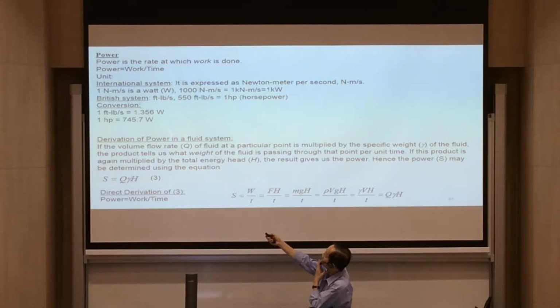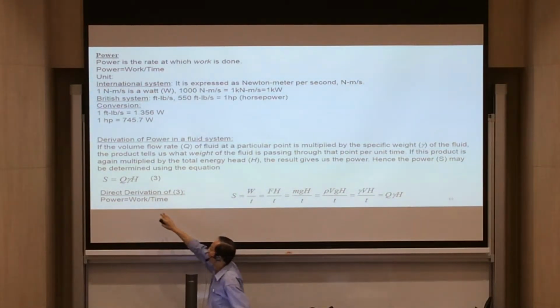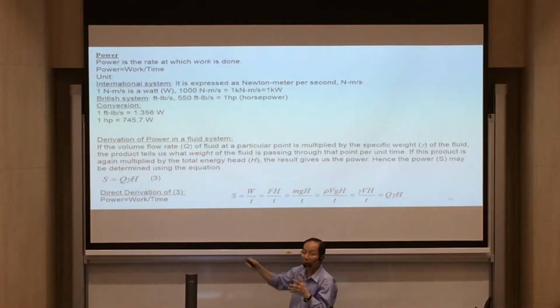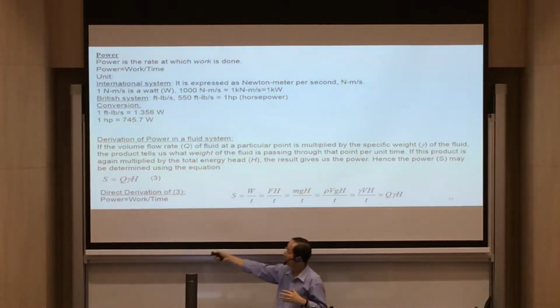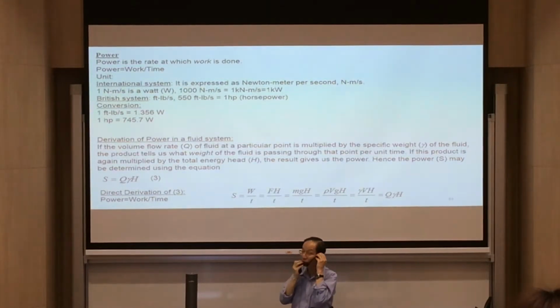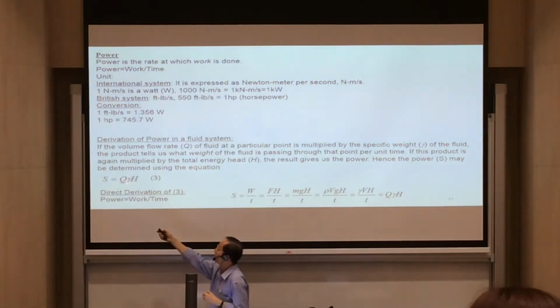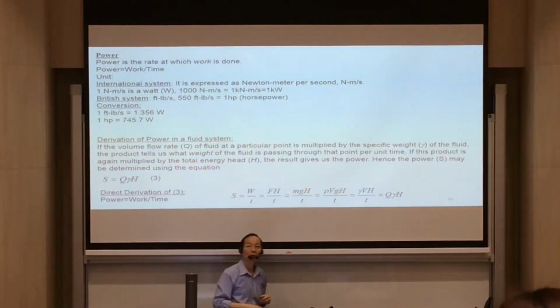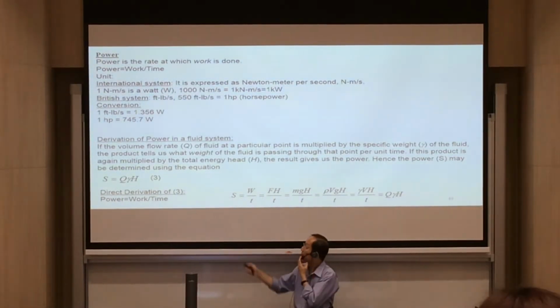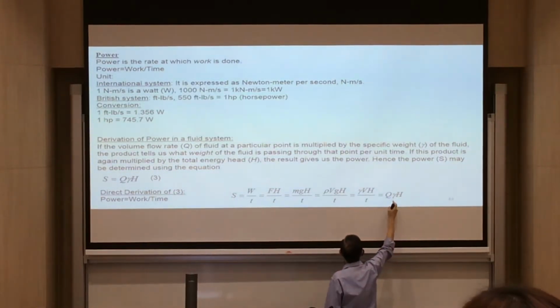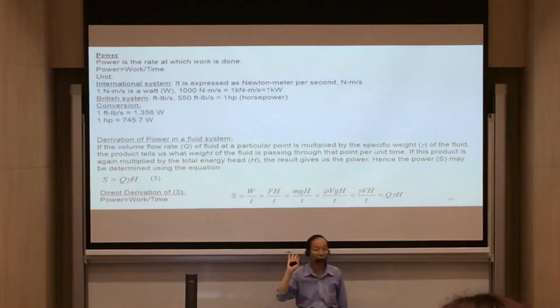All this you all know, I will not go through it. Look at this first expression for power. If the head is so much, and the flow rate in the pipe is expressed by Q, and the given gamma, then the power that the fluid has is given by this expression: Q times gamma times head. Flow rate times specific weight times the head. So remember, power is flow rate times gamma times head, whatever head that is.